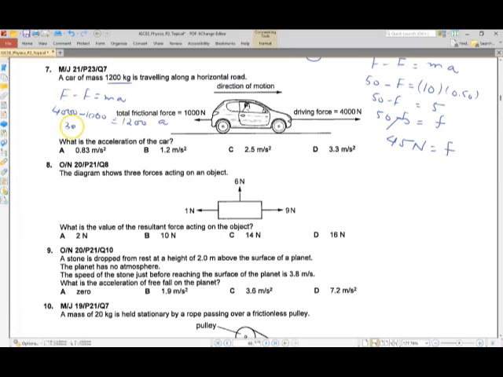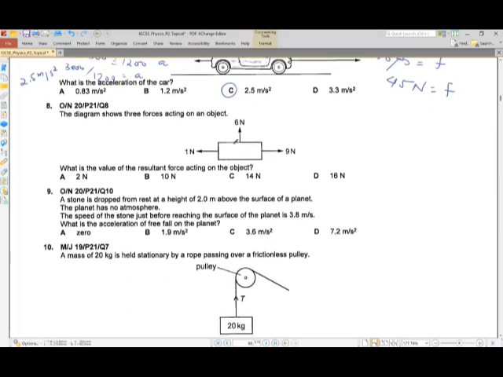So 3000 by 1200 is going to give us our acceleration, which is 2.5 meter per second squares. So this is option C over here. So this is the correct option. Moving forward,